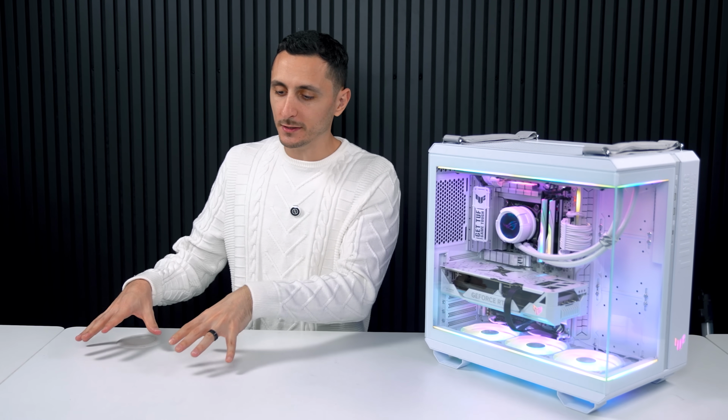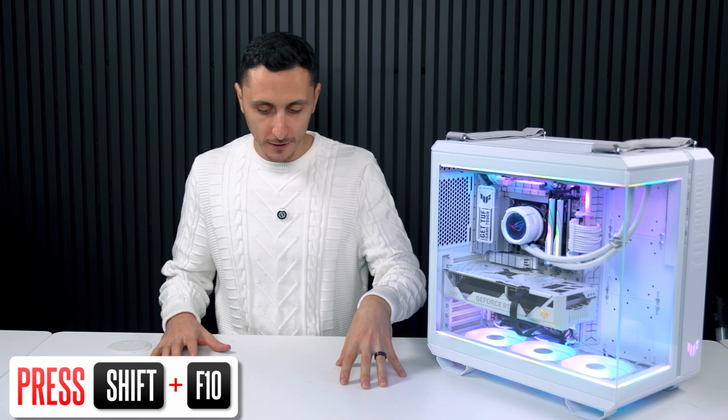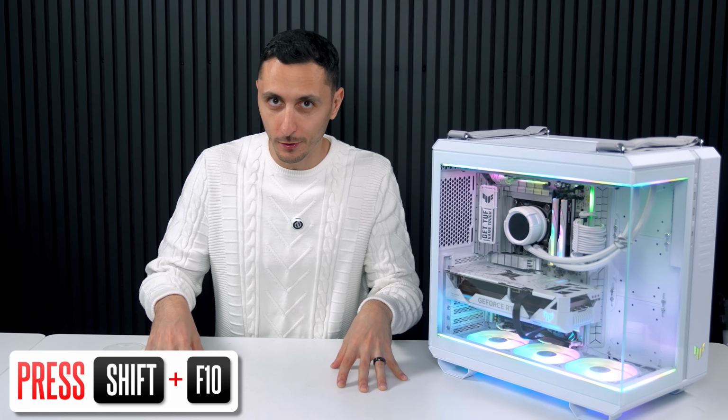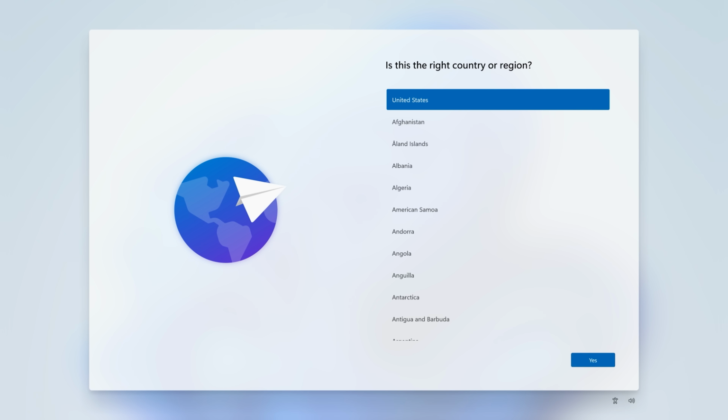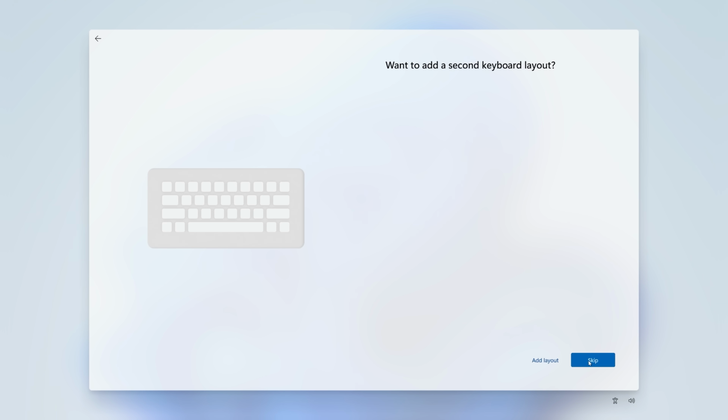If you want to skip this entire step and connect to the internet and your Microsoft account later, then all you got to do is hit the Shift and F10 key on your keyboard to bring up the command prompt, and then type in oobe\bypassnro. This will bypass the network and Microsoft account requirement, and you can finish the rest of the setup process yourself. Please note, it might restart your PC and make you do the beginning stage of the setup again,